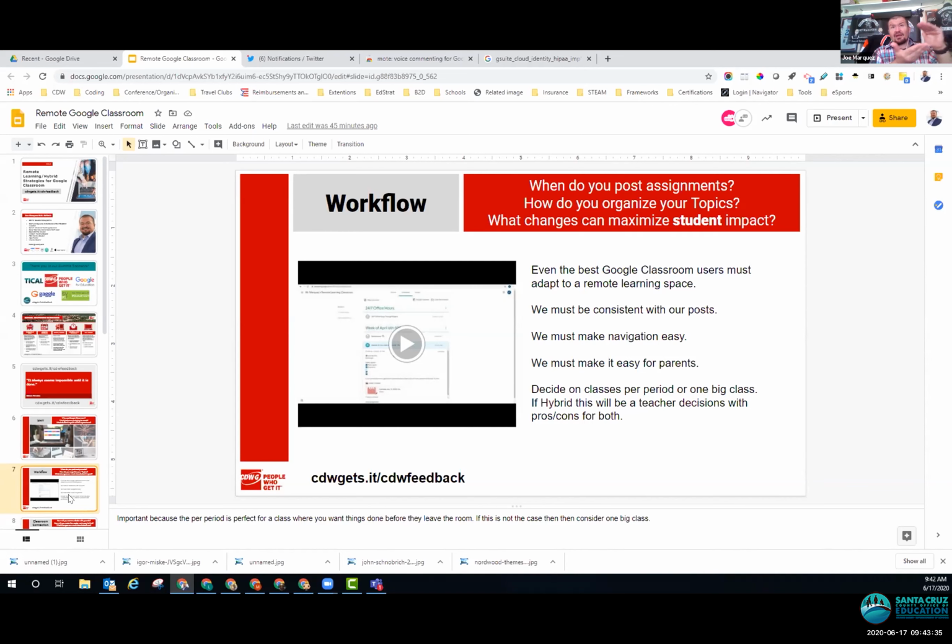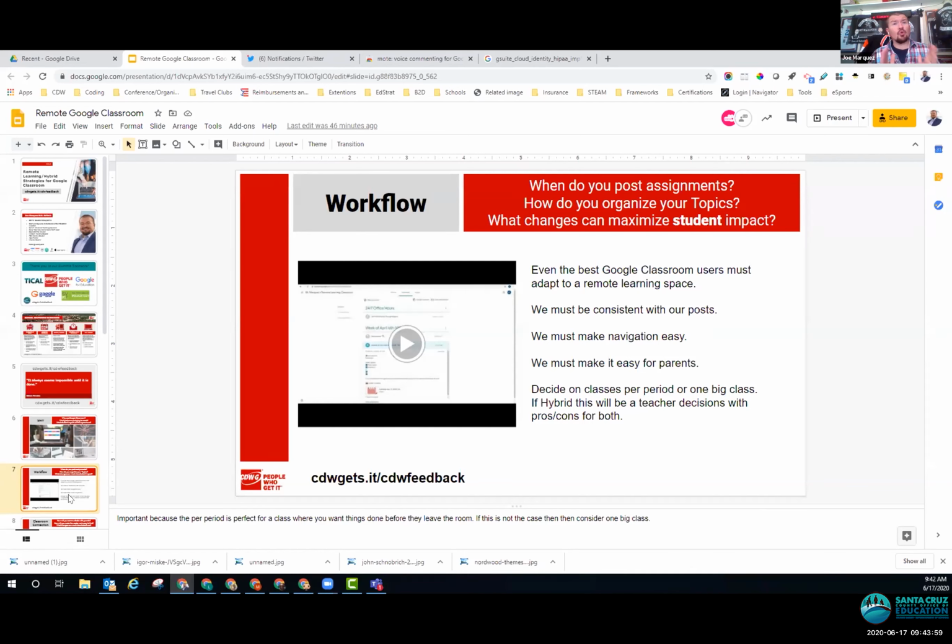So instead of separating them out by different categories, we're separating them out by days of the week. It just makes it easier for students to check and understand. It's also easier for our parents because we know that's going to be a difficulty as well. So we want to make sure if the parents log into the student's Google Classroom by using their credentials, that they can find out where everything is throughout the week in an easy to find manner.